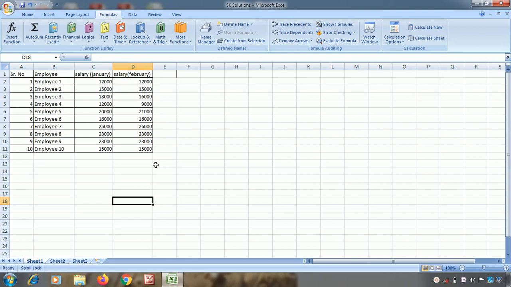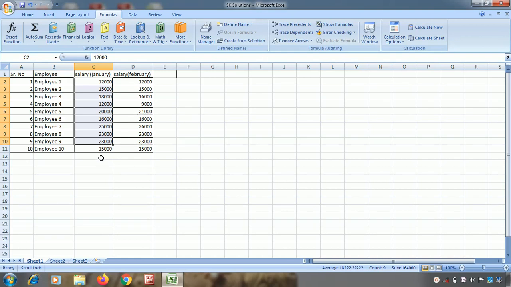So let us start. Suppose I want to add the salary of all the employees for the month of January. I can do it very easily using Excel. All you have to do is just select all the entries that you have to add. So I'll select from the salary of the first employee to the last. Friends, remember one thing, you have to select all the data. If I skip any data, say I select only till employee 9, in that case the salary of the 10th employee will not be included in my addition.